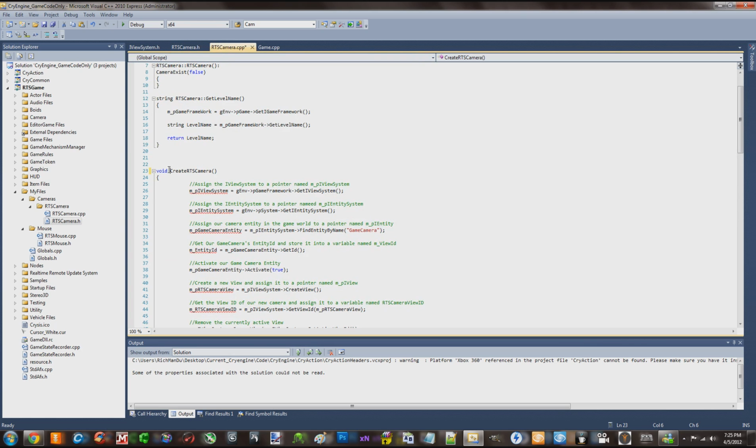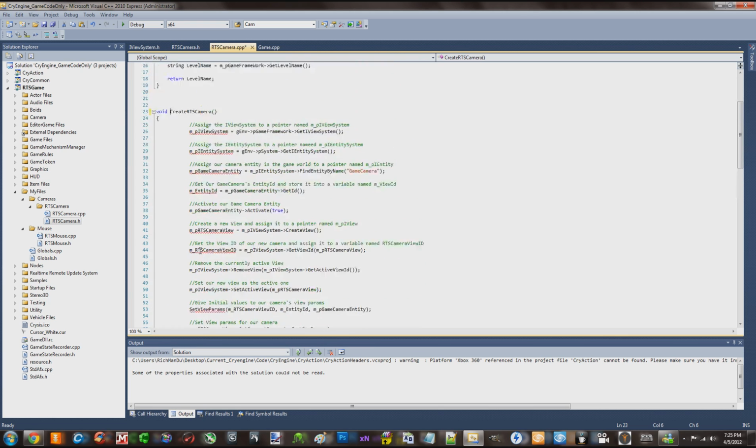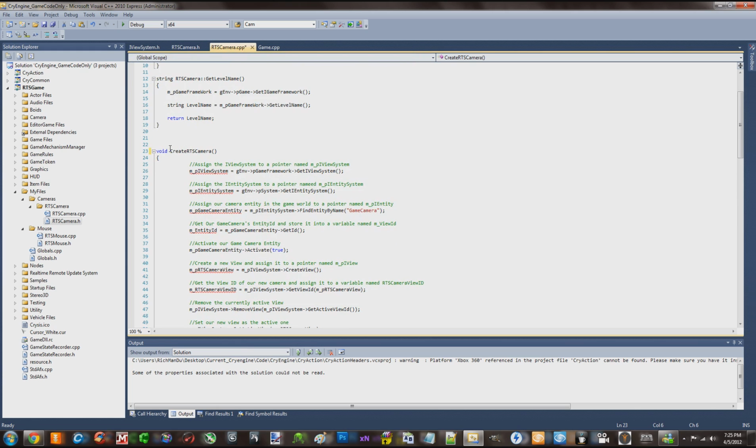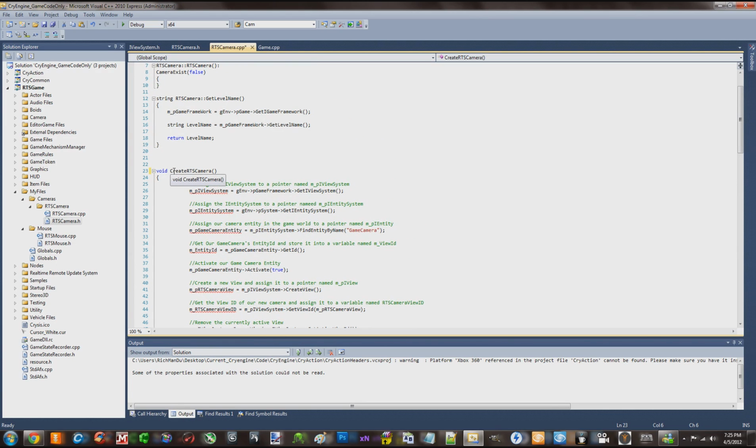So if you made a mistake by typing void CreateRTSCamera and you want to define what this function does, you wouldn't be talking about this function that's inside this class. You would be talking about something that doesn't even exist yet. So it's not the same thing. In order to say, hey, CreateRTSCamera is this function that we're talking about, you have to put RTSCamera::